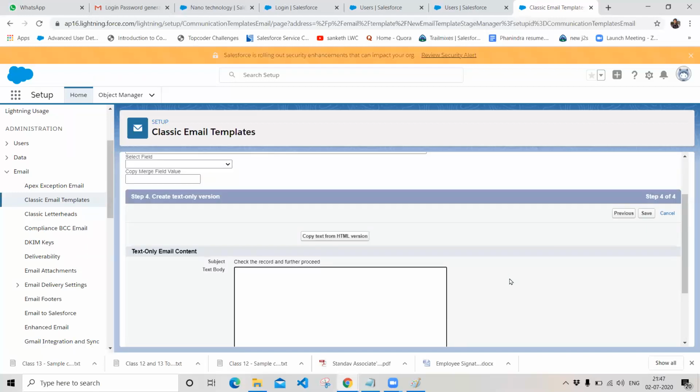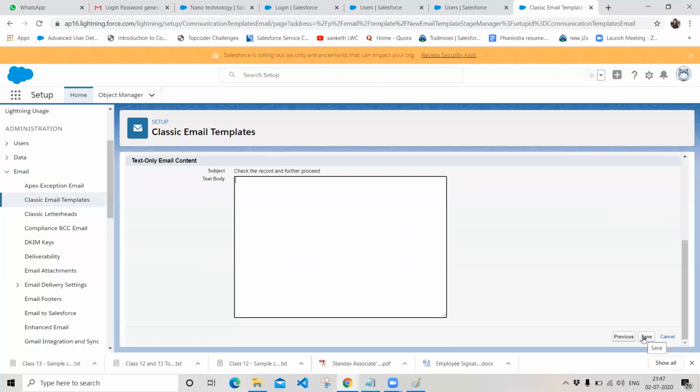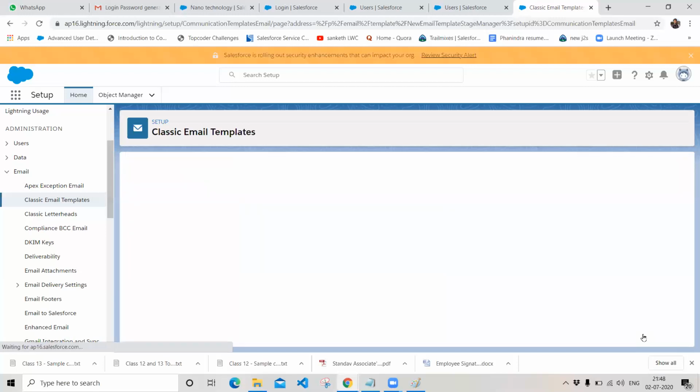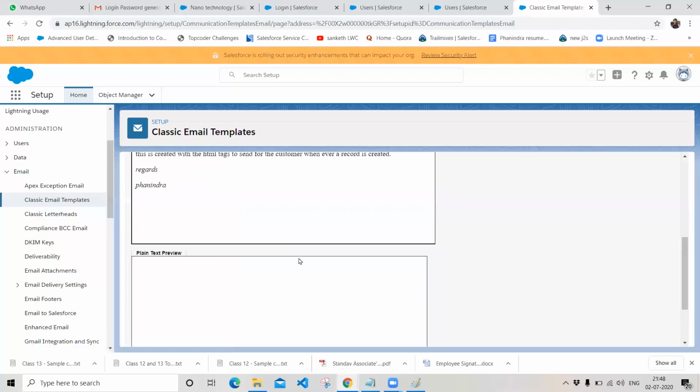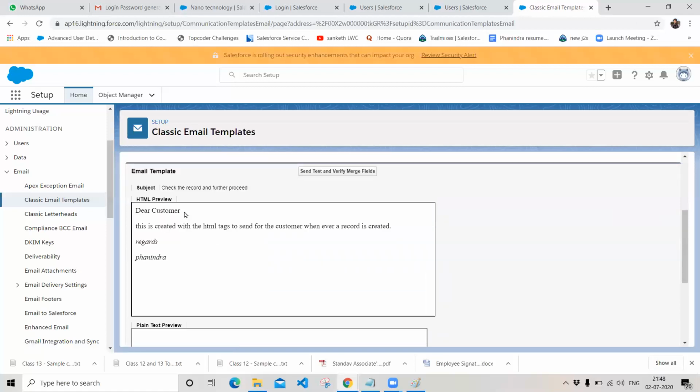And if you do want to specify any additional text body, you can specify it over here, or if you don't want, you can just click on save. Once you click on save, if you take a preview of how your HTML body has been generated, this is here, and this is with respect to the header, this is with respect to the paragraph, and this is with respect to the italics.